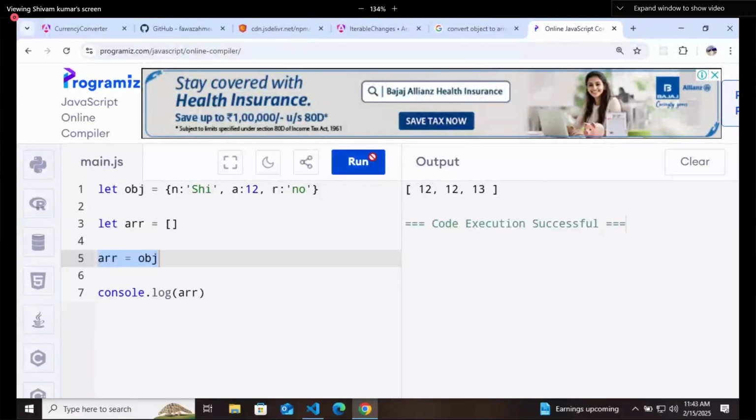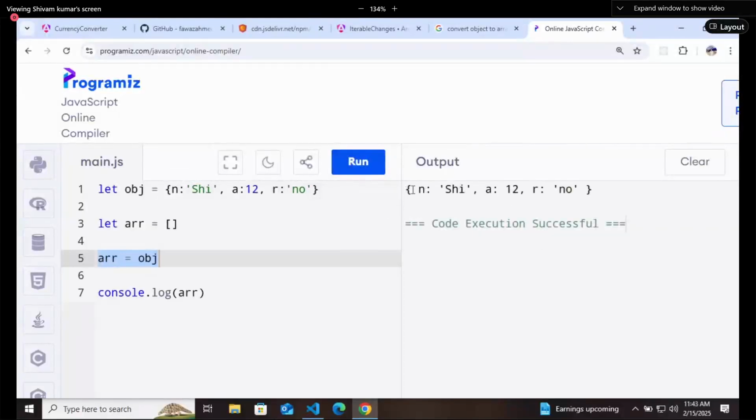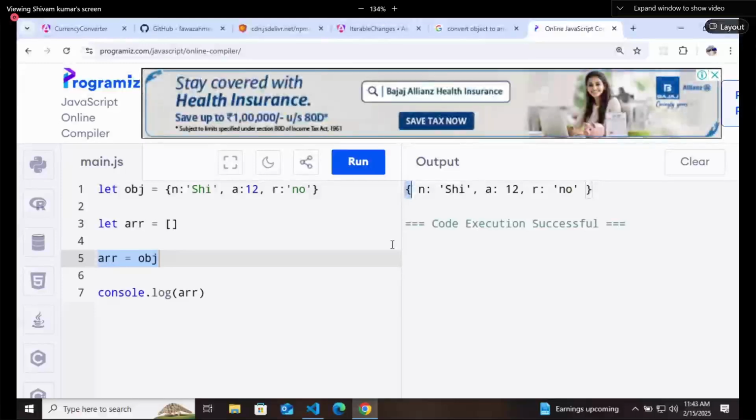Because if you run this, the array is getting printed as an object. Okay, so there are many options. Let me tell you the first one.